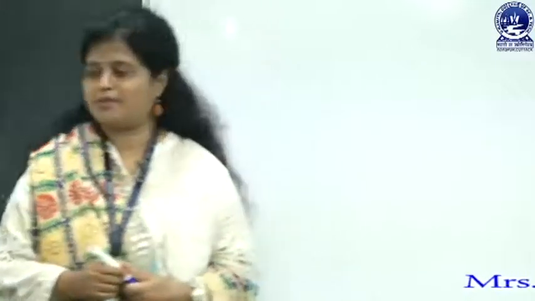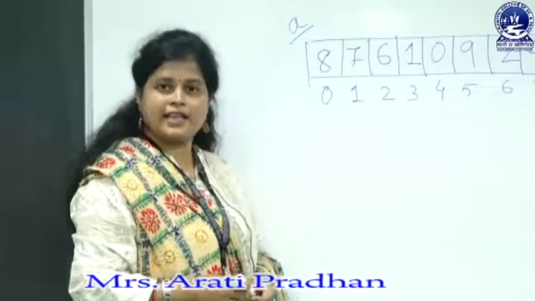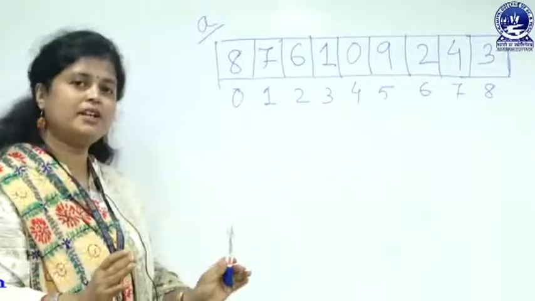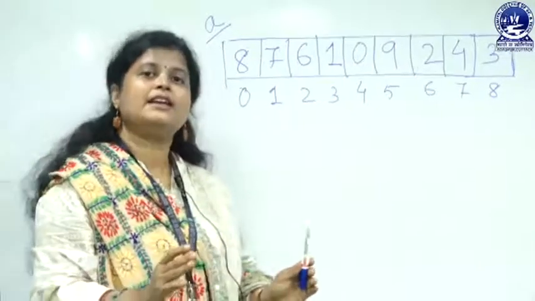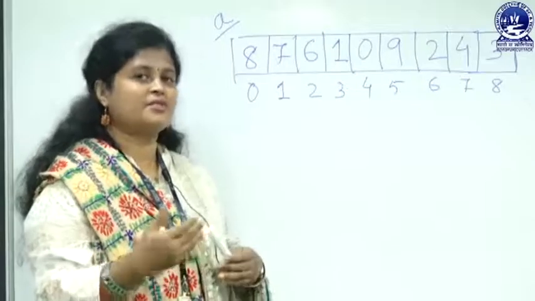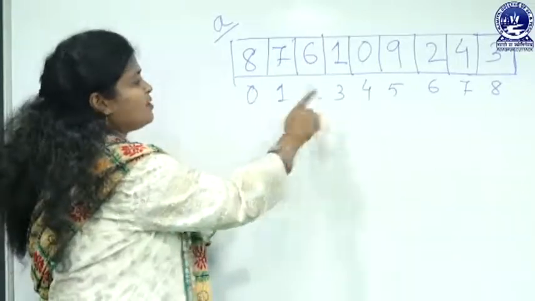And the second one is divide and conquer. At each step we will divide the list into more and more subparts. Now we will start by giving one example. Here I have used a list, the name of the list is A and the list consists of these values. I have chosen a very small number of values because it will be easy for you to understand, and also easy for me to explain. Now the indexes are 0 to 8.